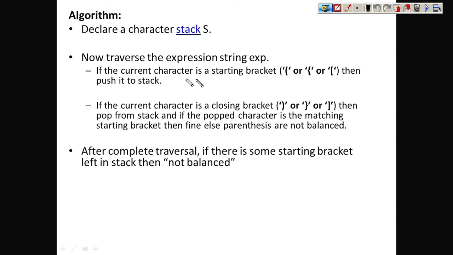If the current character is a starting bracket, then push it onto the stack. So what we have to do is scan the entire expression, and whenever you come across any opening braces, or you can say starting braces, you have to apply the push operation.